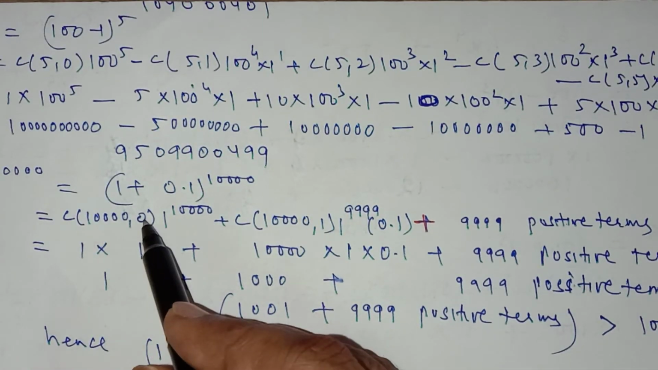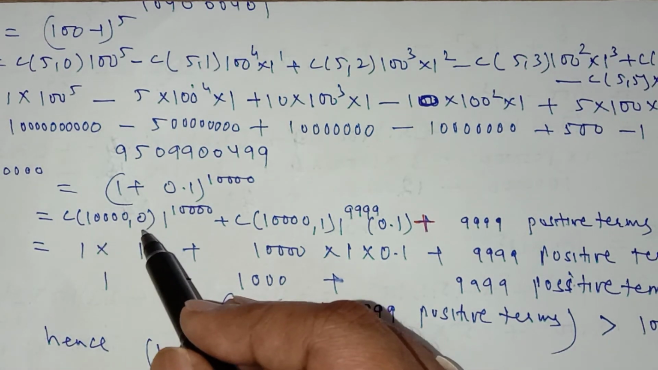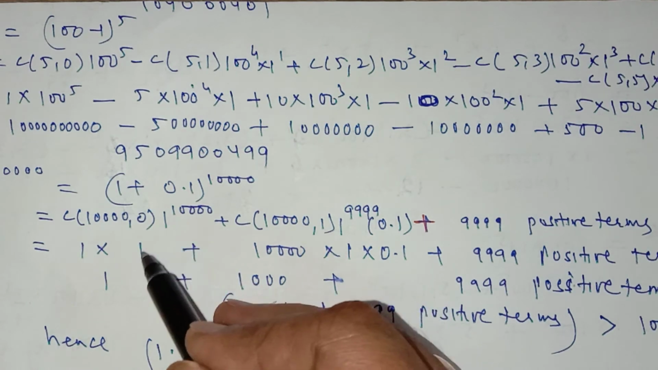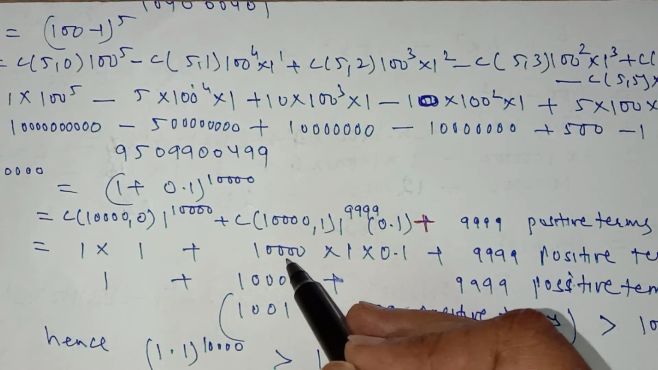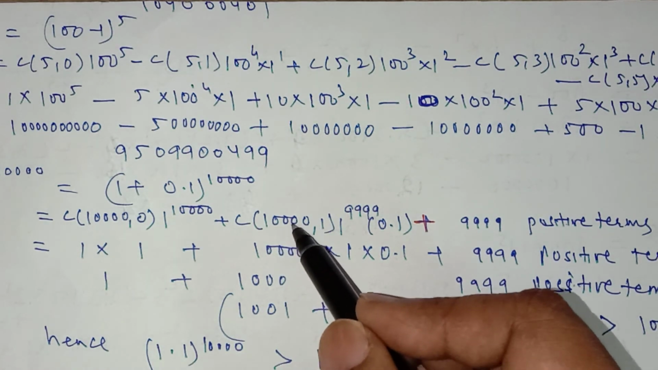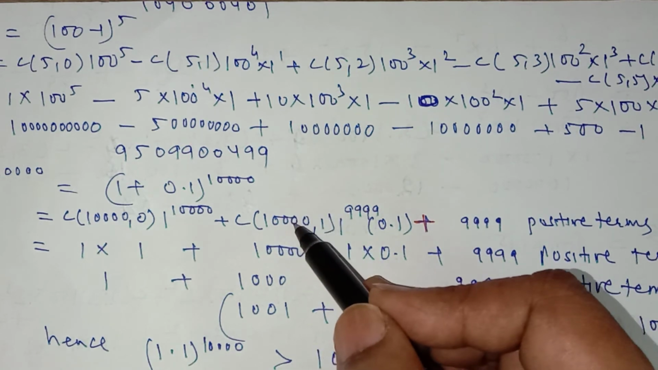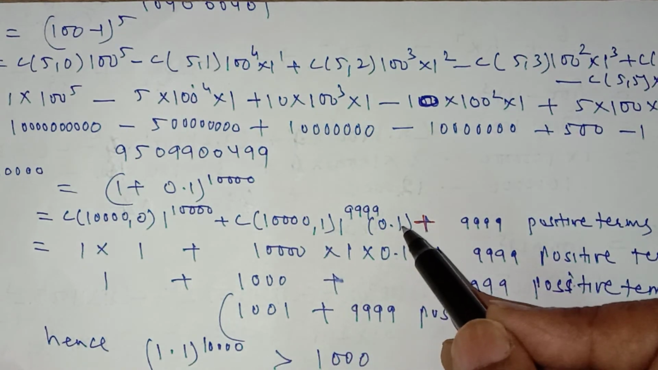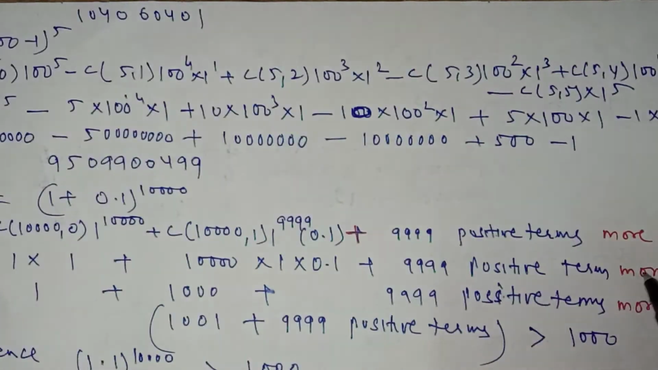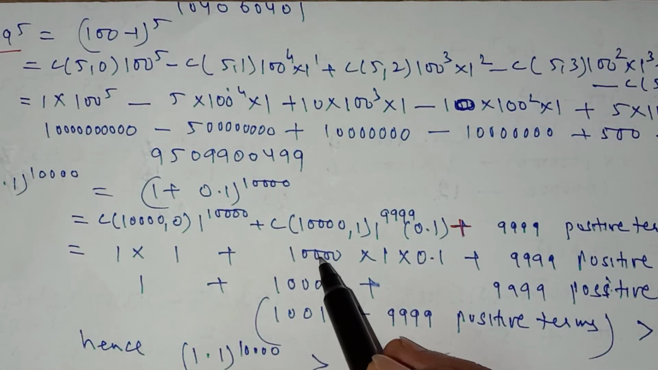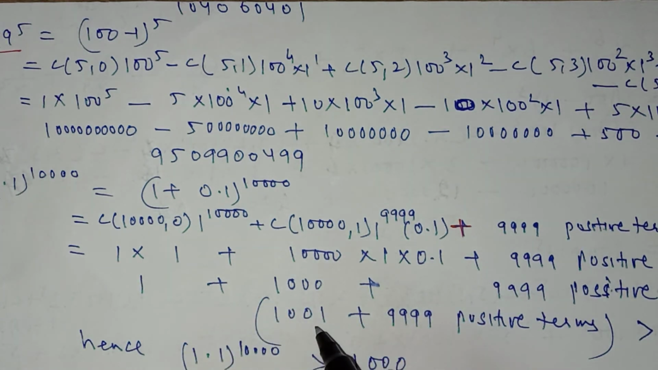Combination of 10,000 0, when you solve it by using the combination formula, it will be 1, or you learn it: combination of n 0 is always equal to 1. 1 raised to power 10,000 is 1. Combination of 10,000 1, when you solve it, it will be equal to 10,000, or you can learn it: combination of n 1 is equal to n. So n here is 10,000, or you can use the formula for the binomial expansion. 0.1 raised to power 1 is 0.1, plus 9,999 more positive terms. So it is 1, plus 10,000 into 0.1, which is 1,000. So 1 plus 1,000 is 1,001 plus